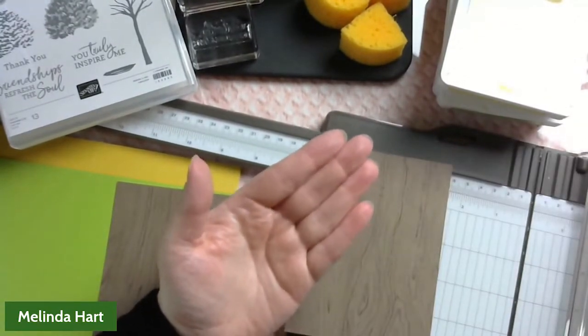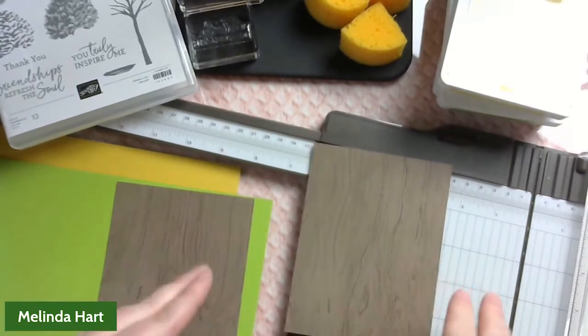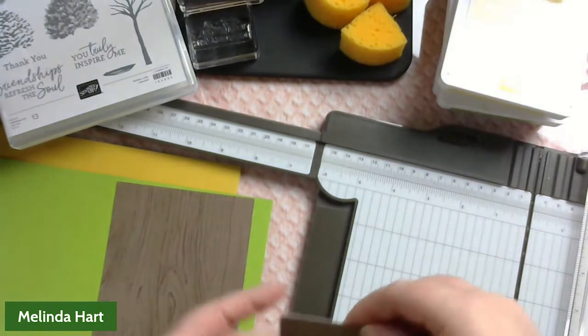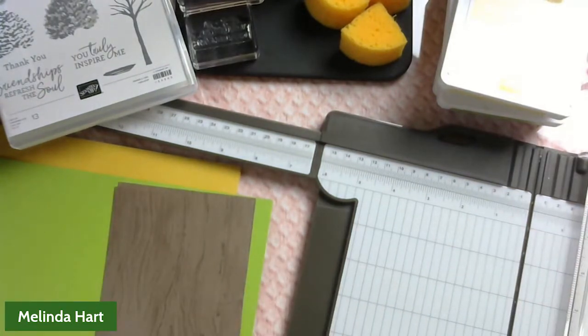I think it's also going to go really beautifully with our mountain bundle, or the mountain stamp set. I can't remember what it's called. I'll have to look it up. Okay, so